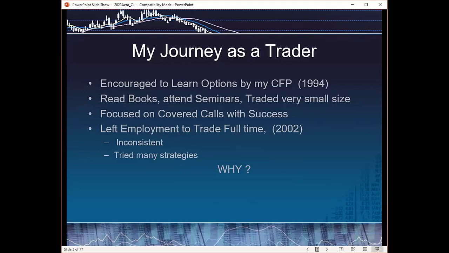Something that happened during this time that actually kicked me in the butt to get me to figure things out was I went to a seminar taught by reputable folks. I won't mention Tom Sosnoff and Thinkorswim and JJ and Don Kaufman and all those people, but this is, well, geez, 17, 18, maybe 19 years ago.